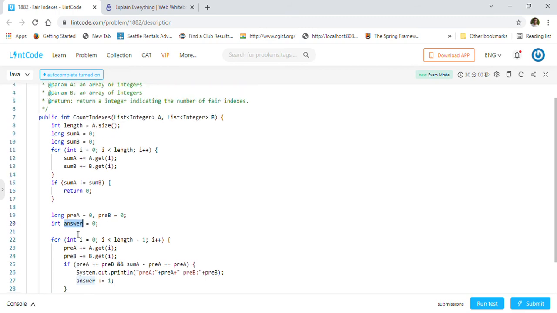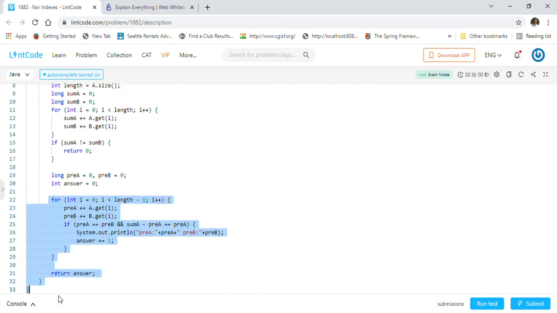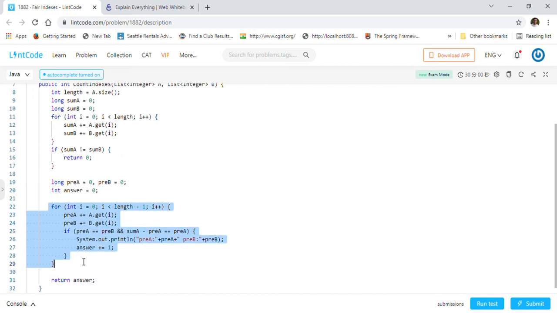So that is pretty much the implementation. As you can see, we are going through all the array here, so this is order of n. Here also we are going through all the array, which is again order of n. But they are two different for loops, right? So in total you can say this is an order of n implementation in time complexity.